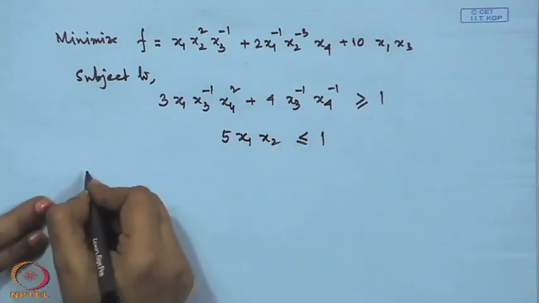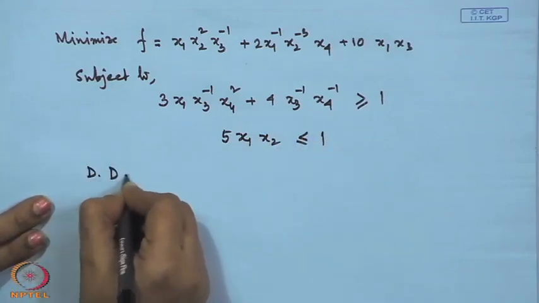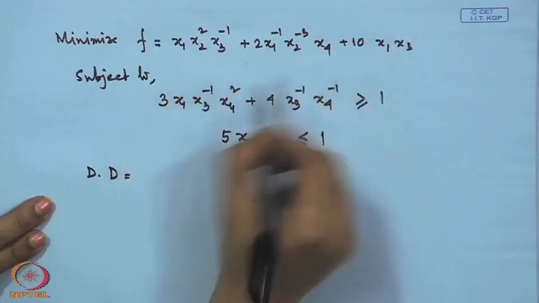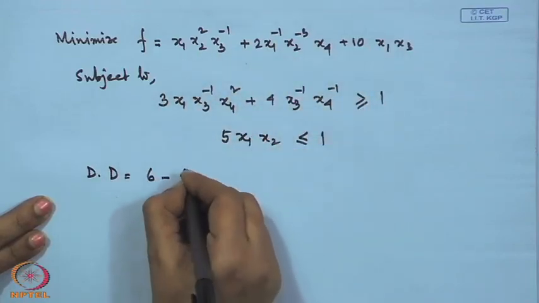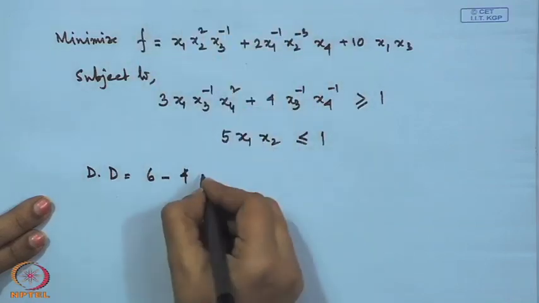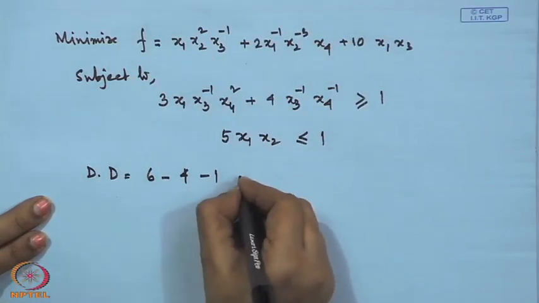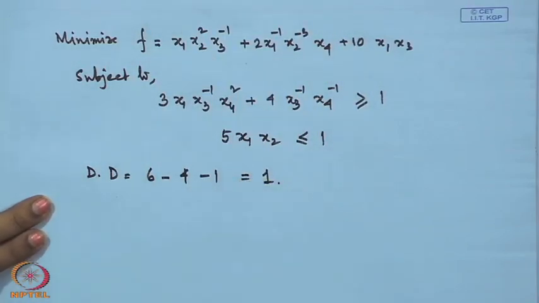Here also if we see the degree of difficulty, that would be the total number of terms, 1, 2, 3, 4, 5, 6, minus the number of decision variables, 4, and minus 1. That is why the degree of difficulty is 1 here. Thus, we will not get the unique solution, but we can formulate the